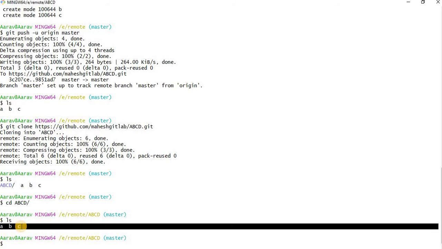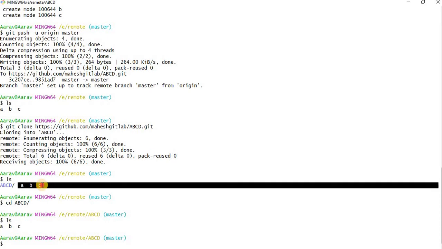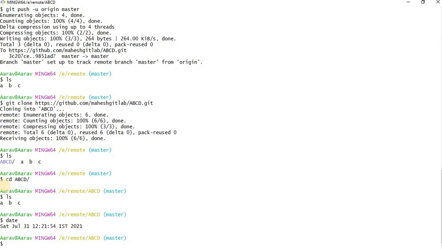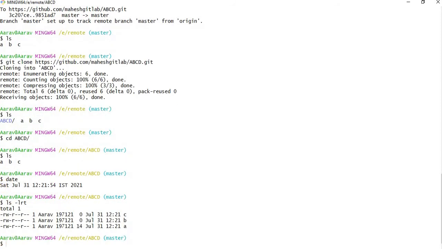Now you are having ABC. This is what you have created, and this one you got from remote repository by the cloning activity. Just check the timestamp difference. What we created was some 2-3 minutes back, and this one we fetched just 1 minute back. Let us see ls -lrt. If you observe this timestamp, this is the very recent one.